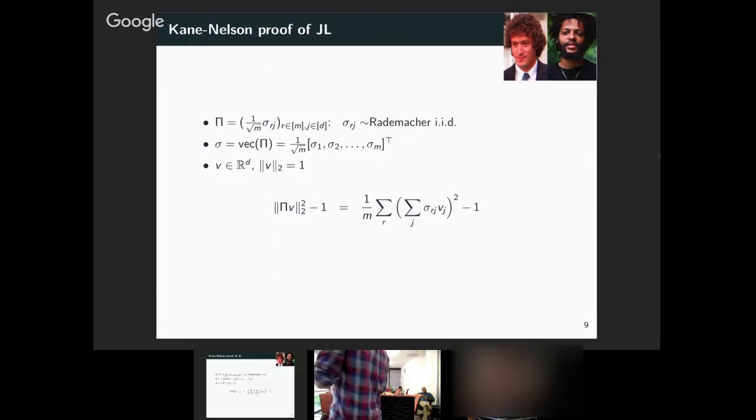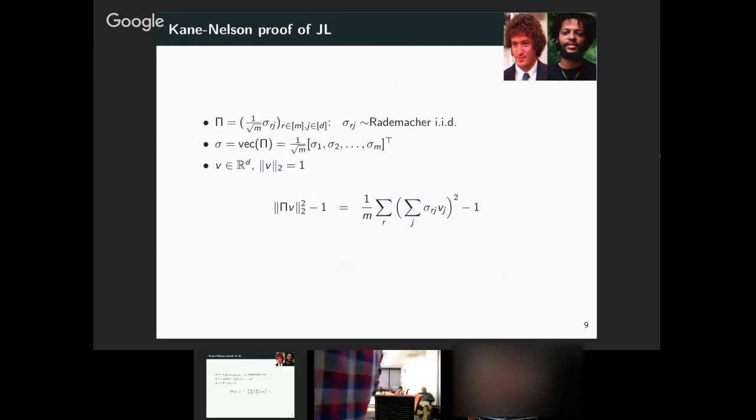Well, now, we know that the low distortion property that JL matrices satisfy is invariant under scaling, right? So I have norms everywhere, norm squared of V, norm squared of the projection. I can just divide by the norm. I only care about vectors in the unit sphere. So the property of JL basically only requires this. And I'm going to show that